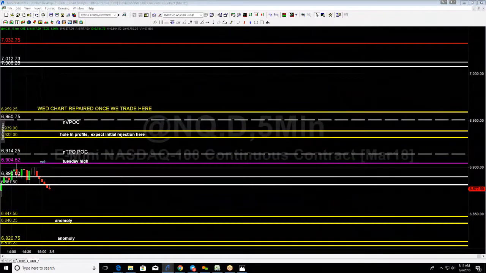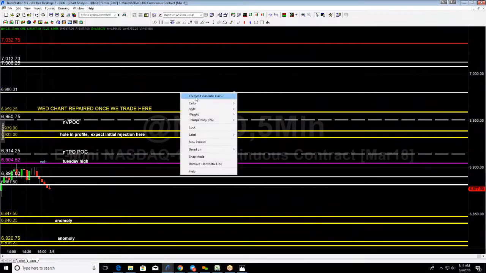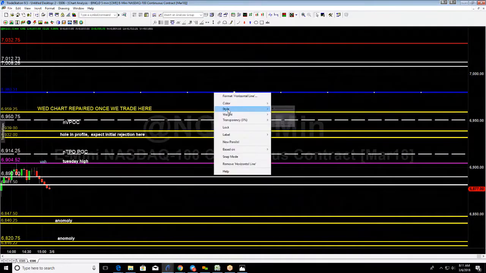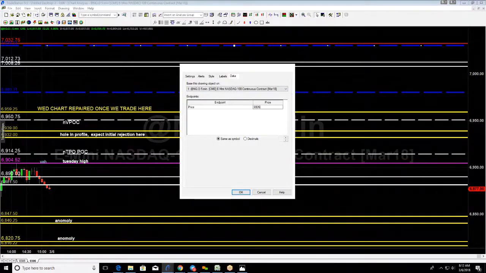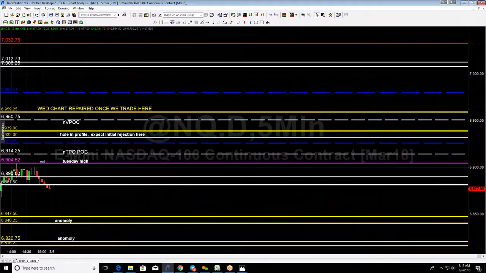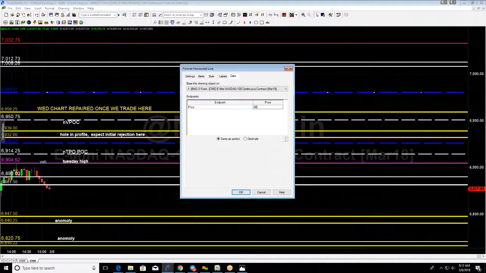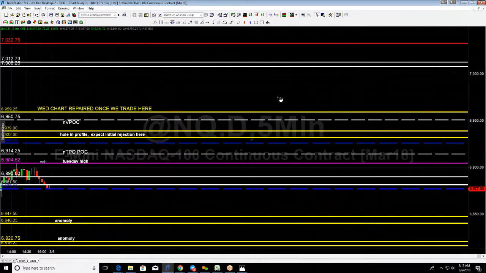Let's see where we came in overnight. 69.26. And I'd be very surprised if we don't punch that hole into that profile. I do expect it to reject out of there. I'm not sure that will hold it, but that would be a logical place to get a punch back down. 68.77. Globex low, right at gap fill.